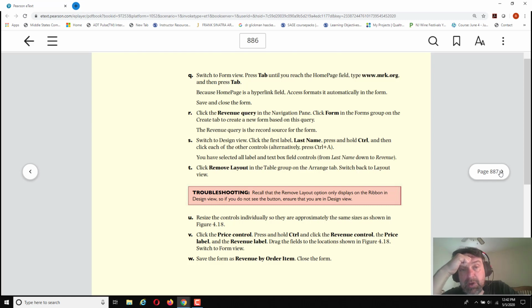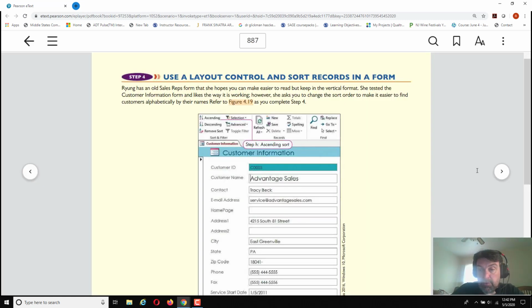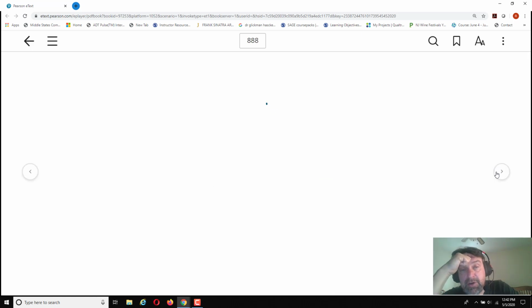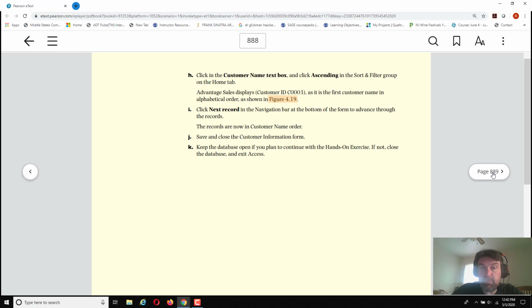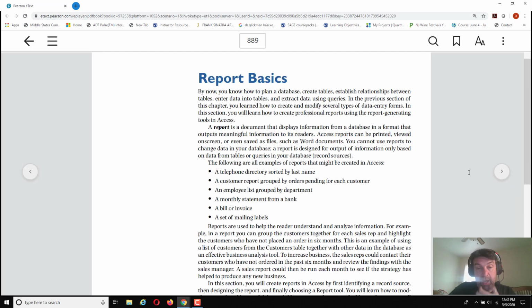And 886 should be the wrap. Nope, a few more steps. Layout control on 887. 888. Winding down. 889, report